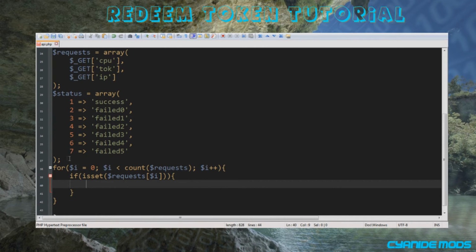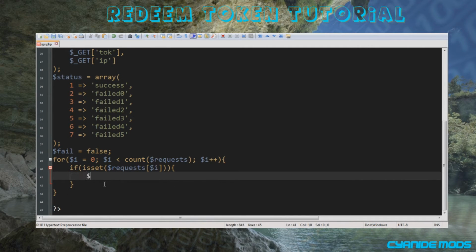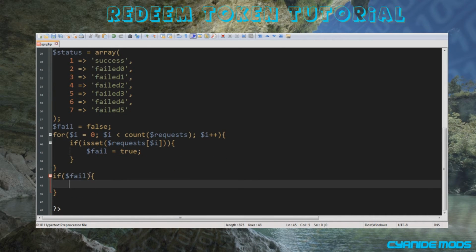And then if it's not, we are going to declare boolean here. Fail equals false. We're going to declare fail equals true. And then here, if fail equals, or if fail. There we go, if fail,